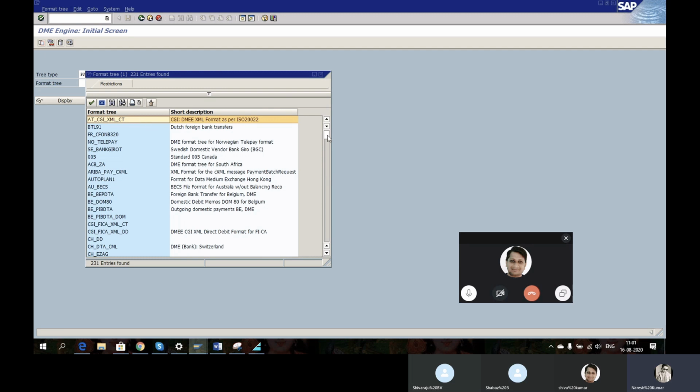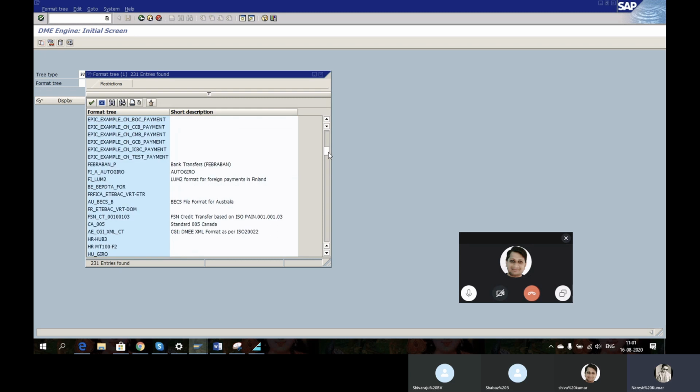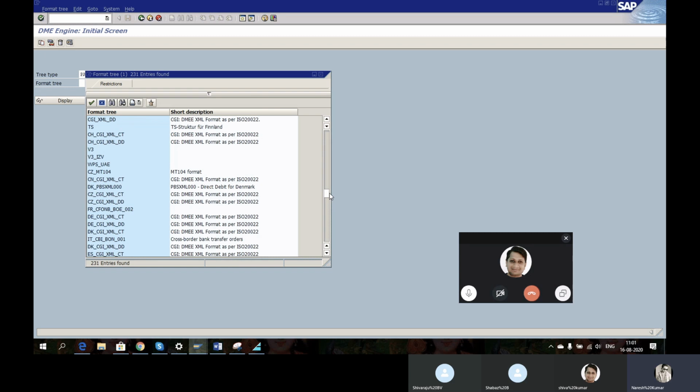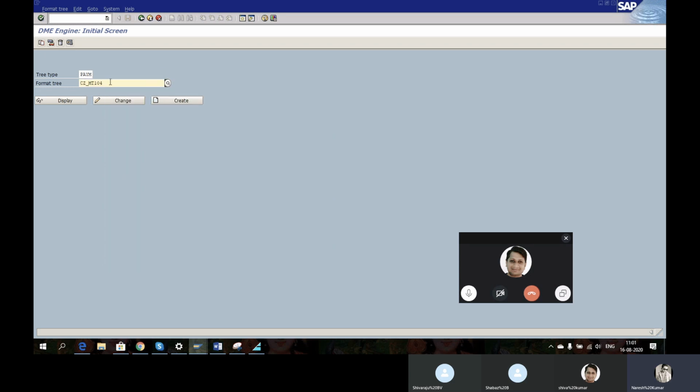This is not a standard thing, so we can create also. Now say for an example, we can take MP104. We can give anything. Let us take an example, 102101.